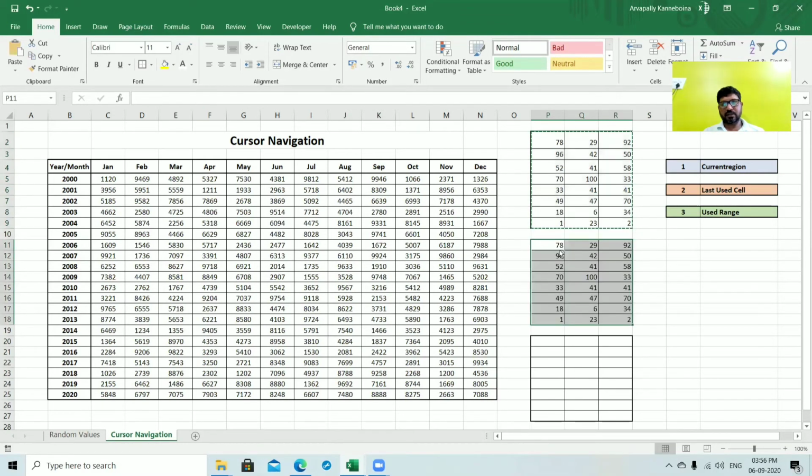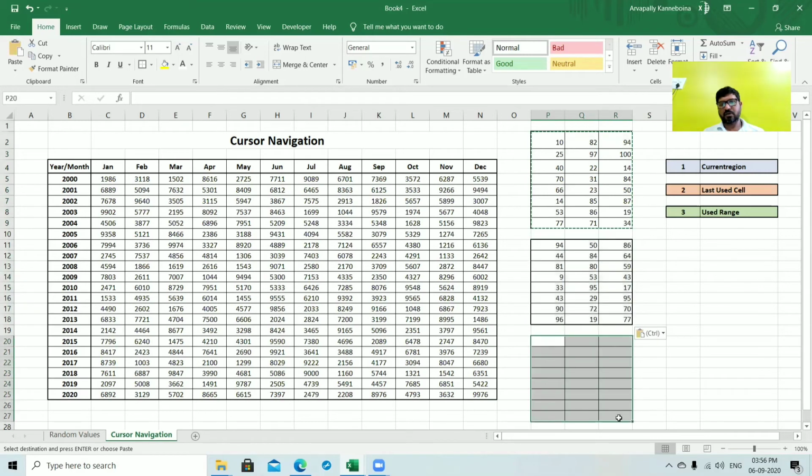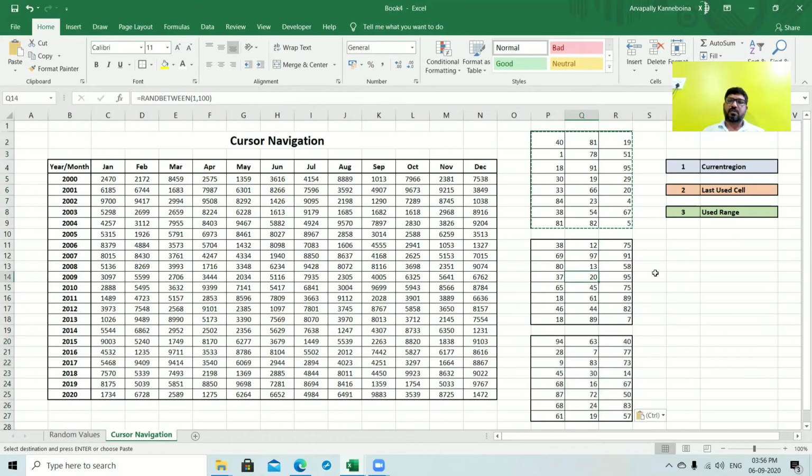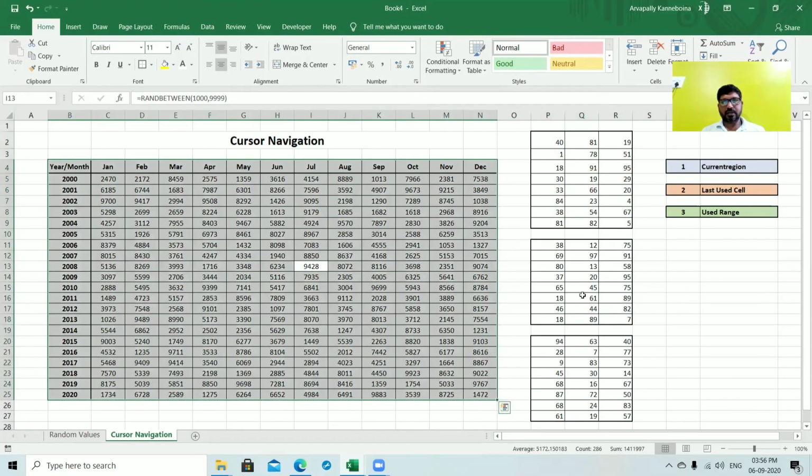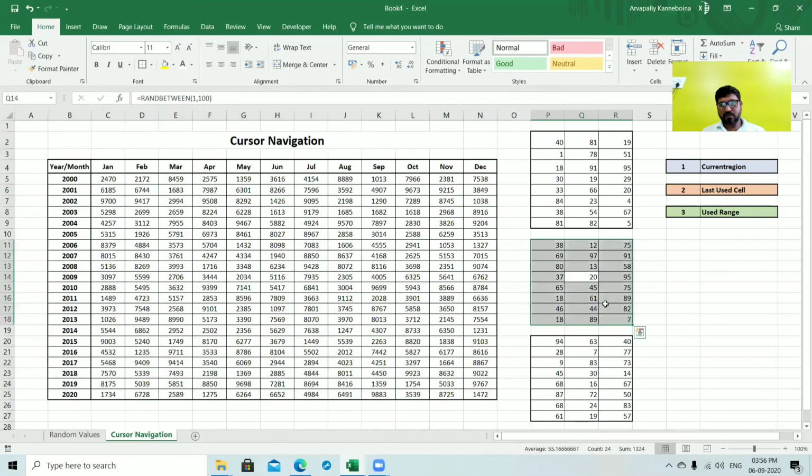I'm pasting the data for these many rows. Suppose I'm selecting here and pressing Control A, it will select only within the table. This is one current region. This is also one current region, and this is also one current region.